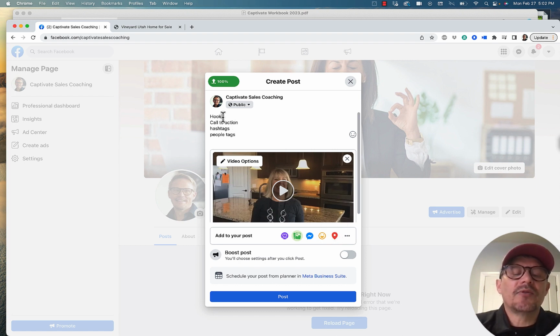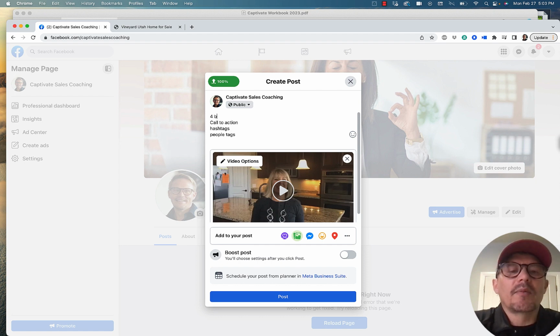Now, as I mentioned before, with your hook, that hook and even the call to action can be different with each ad. Now, as you can see, this agent is standing in front of the kitchen. The hook here might be good if there's something great about the kitchen or a selling point about it. That's one of the top selling points of any property. So usually I like to take those standout things and add those as hooks. So like on this one, it might be,